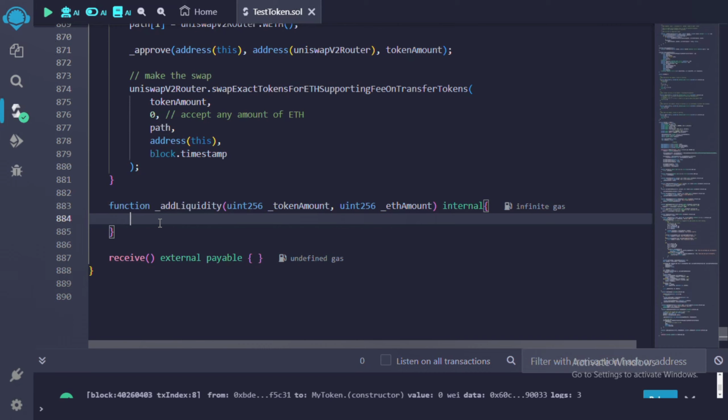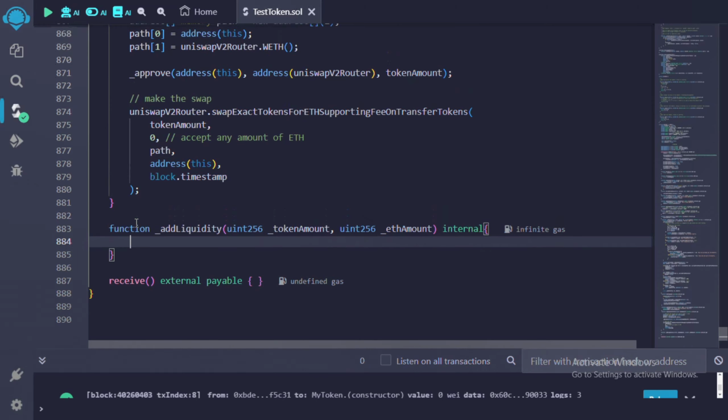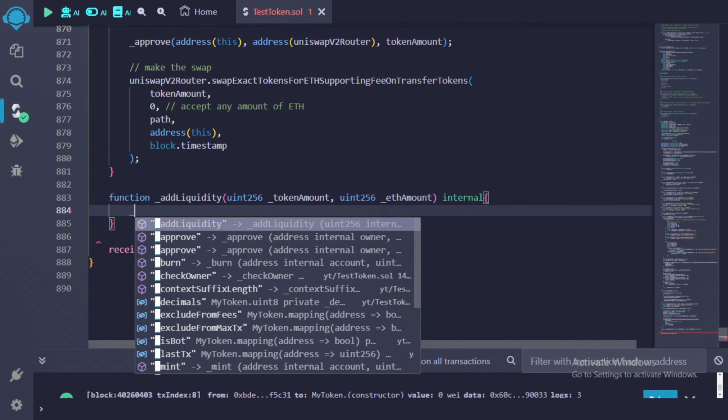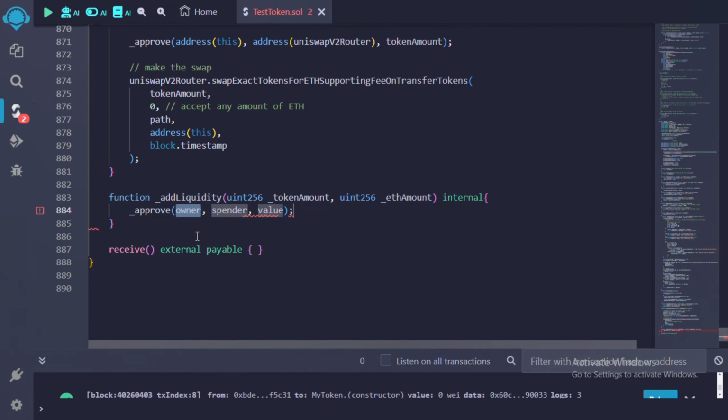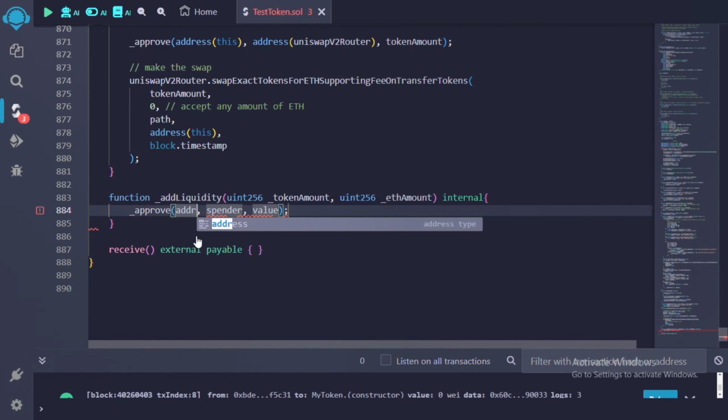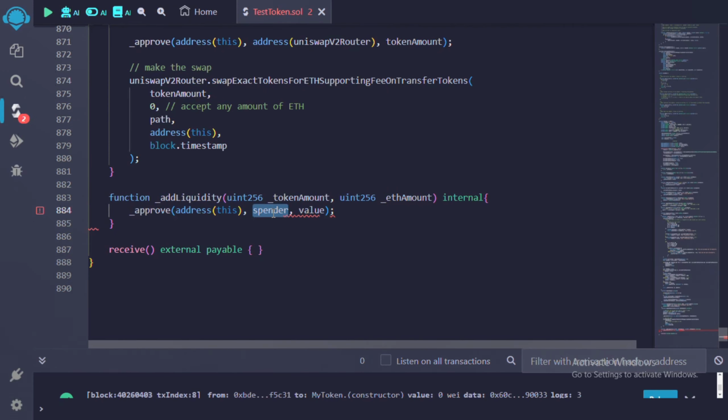So we are going to approve Uniswap V2 router to be able to spend our token. So we'll do approve. This approve is going to be taking in 3 parameters. The owner is going to be address this, because we're going to be sending some token. So the spender is going to be our Uniswap